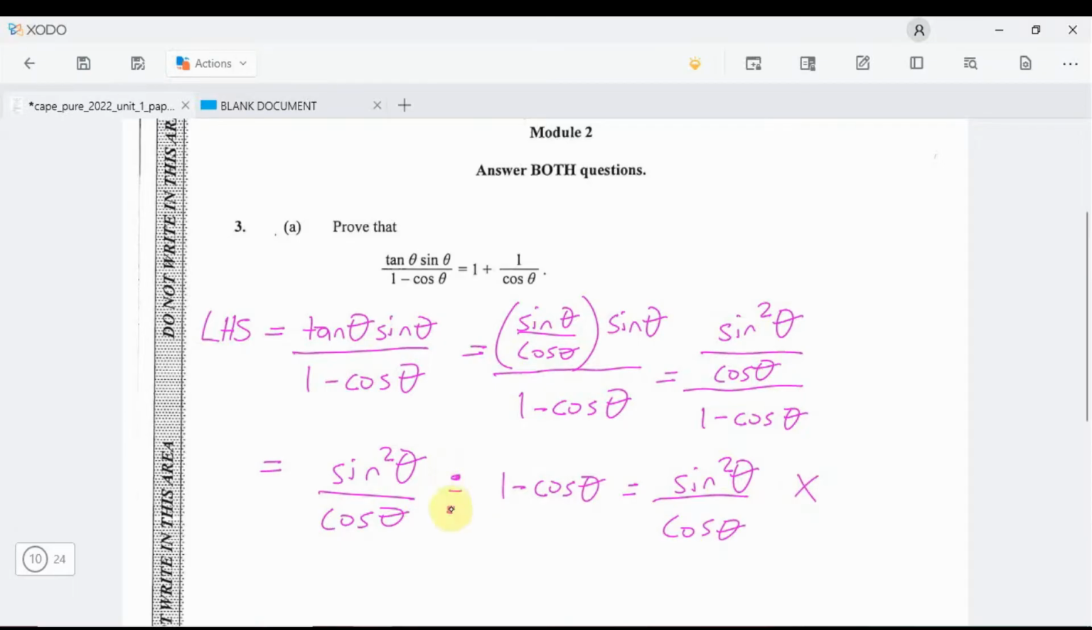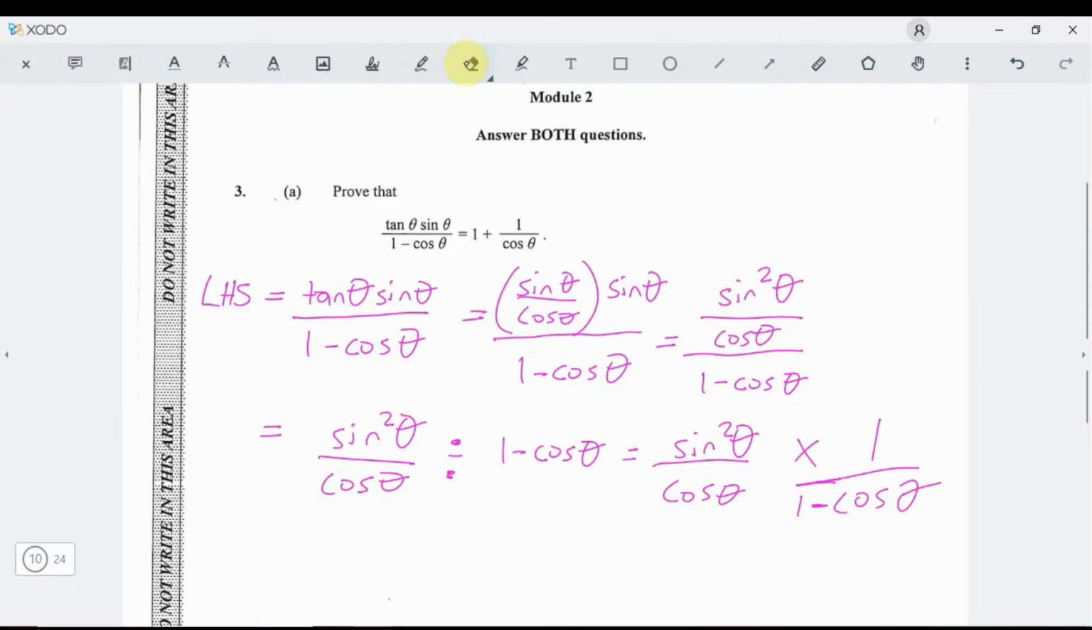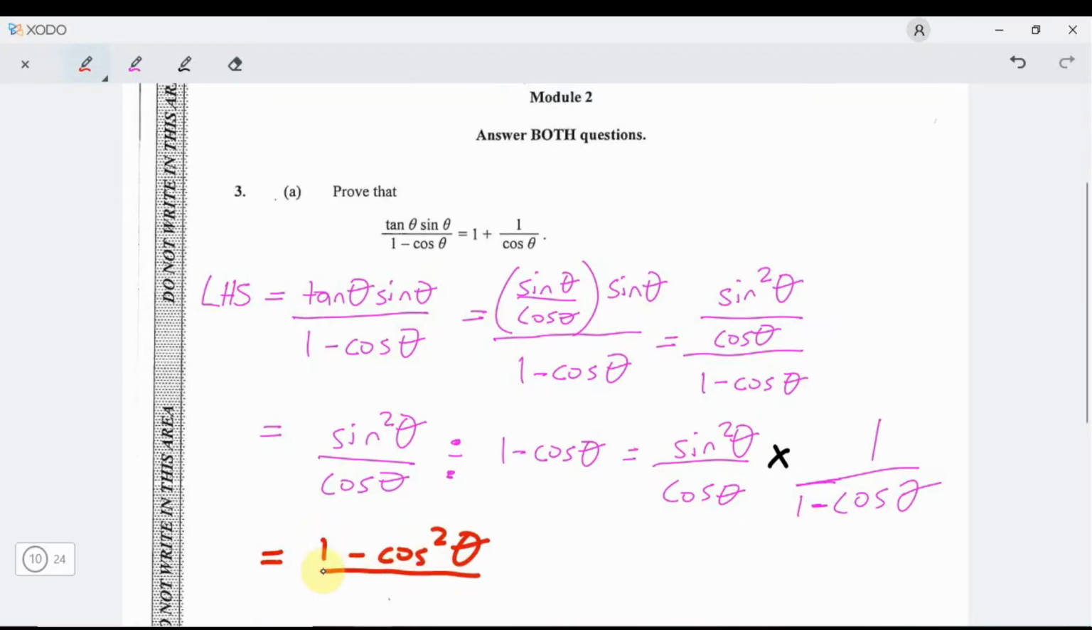When you change it from division, it becomes multiplication. Then we reciprocate what's after the division sign, and it was 1 minus the cos theta. So that's it. Now, we're almost finished, guys. We have to remember now that sine squared is 1 minus cos squared. So this becomes sine squared is 1 minus cos squared theta over cos theta multiplied by 1 over 1 minus